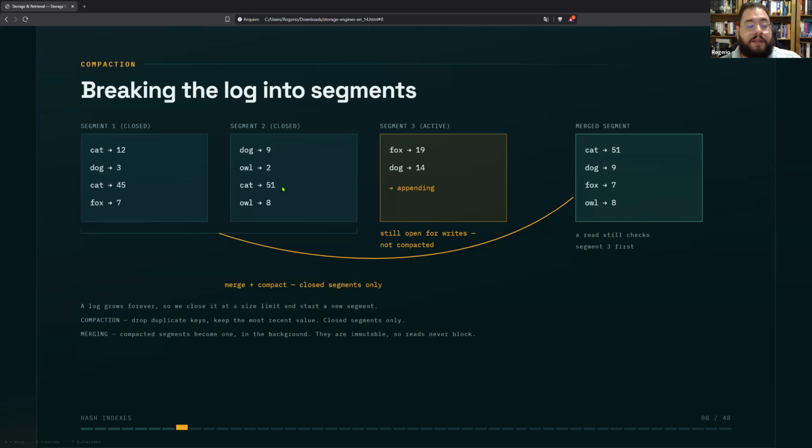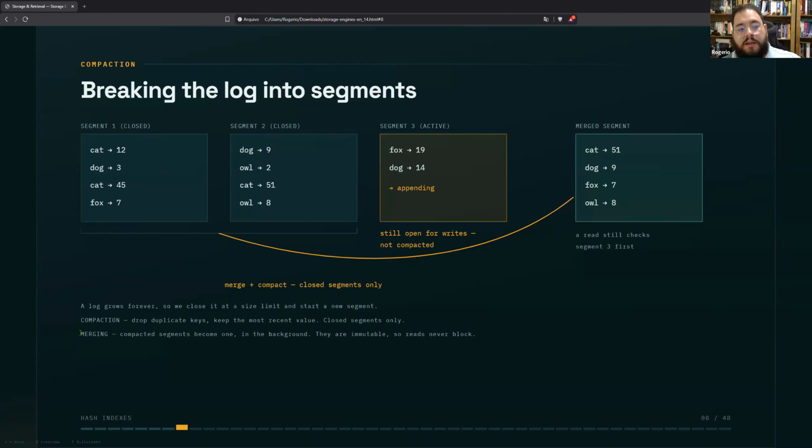It's a data file. And we can break the log into segments. For example, we have a segment containing 4 values, a segment 2 containing 4 more values, and segment 3 that is actually not completely filled. And you can always break the logs into a fixed max size and start appending at the end of those files. And actually, we can make operations between those segments.